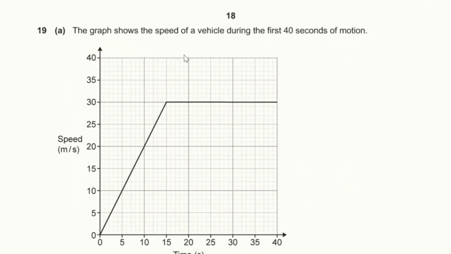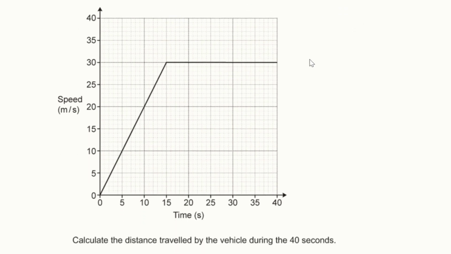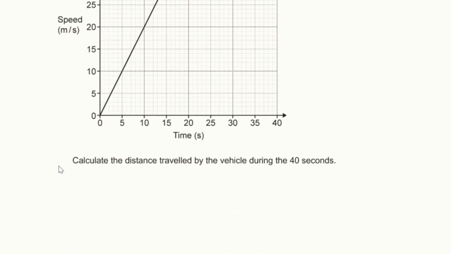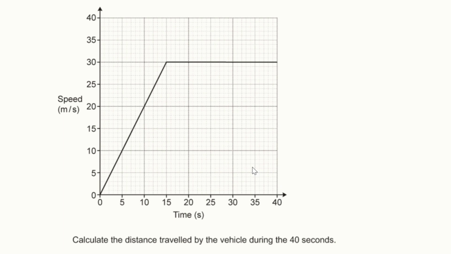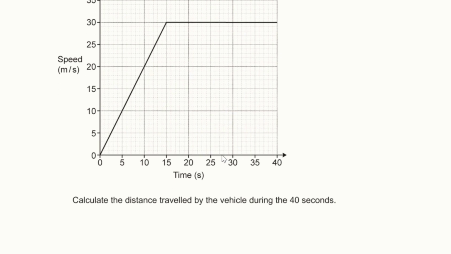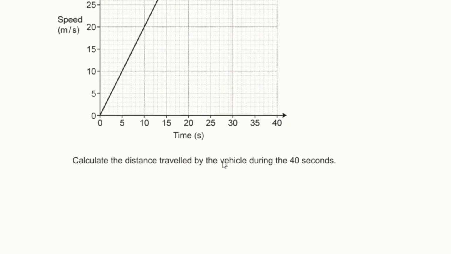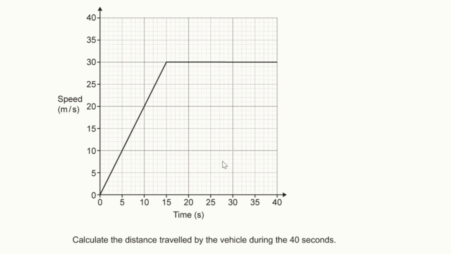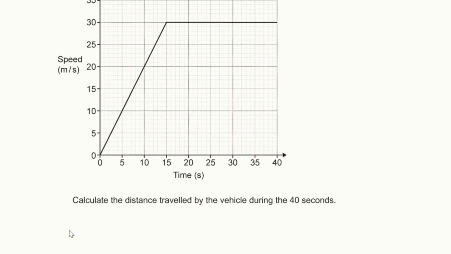Question number 19 for part A. The graph shows the speed of a vehicle during the first 40 seconds of motion. That's what we see here. And we have to calculate the distance travelled by the vehicle during the first 40 seconds. Well, the distance we can find by working out the area under the curve. So, if we work out the area under the curve, we've got a trapezium. So the area, which is equal to the distance,